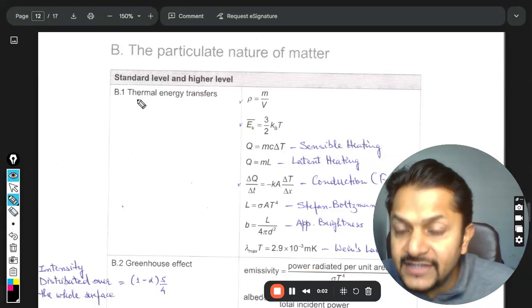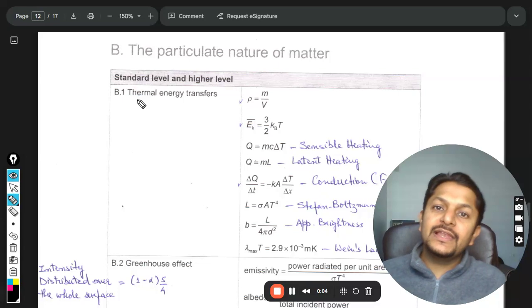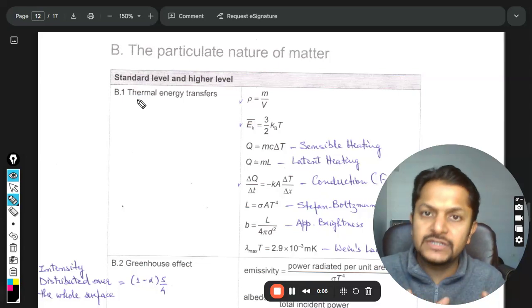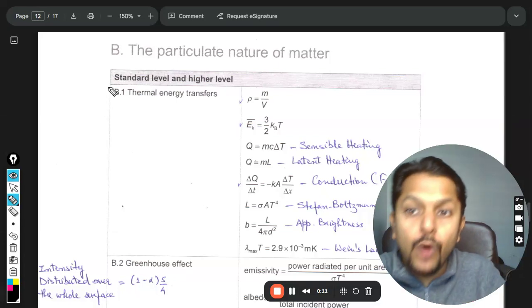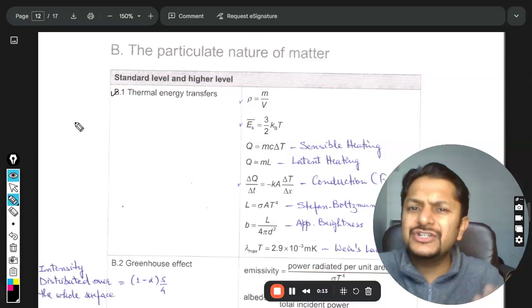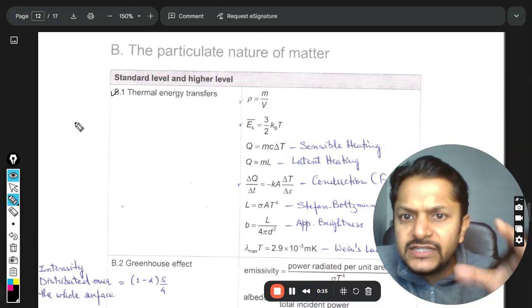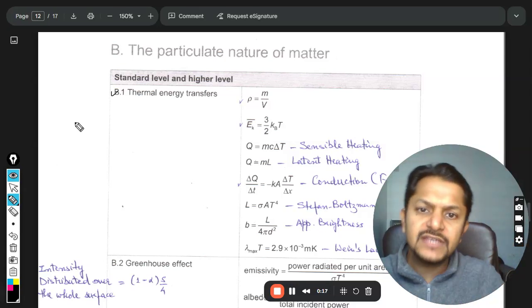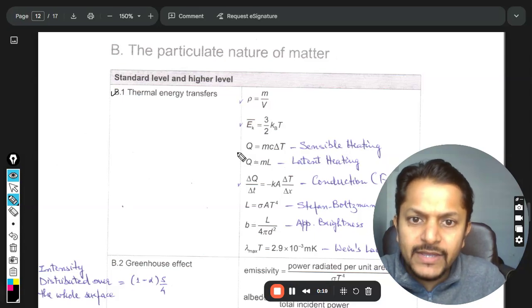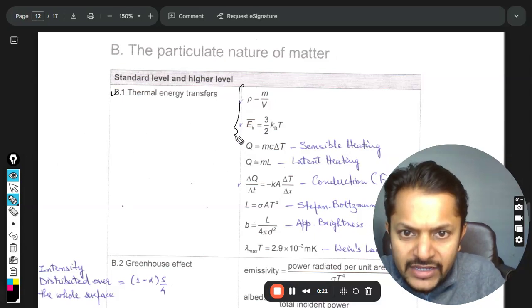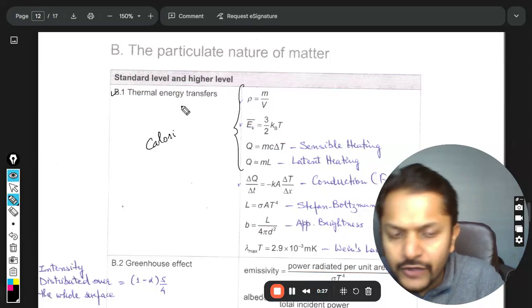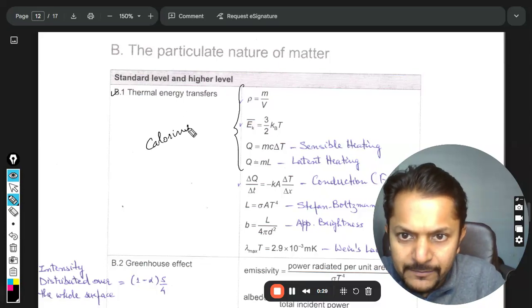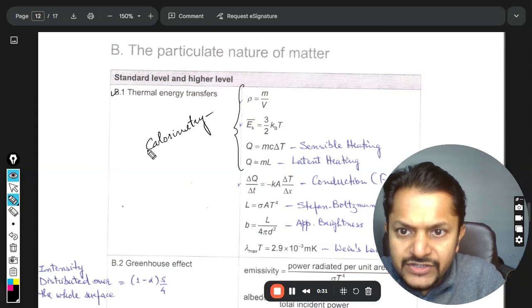Okay, so this is topic B in front of you, and let us understand all the important formulas for this. First of all, we are going into topic B1, which is thermal energy transfer. Actually, this topic is divided into two segments, and one segment is named calorimetry, and all these formulas can be thought of as coming from calorimetry,